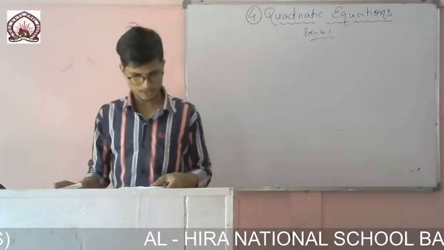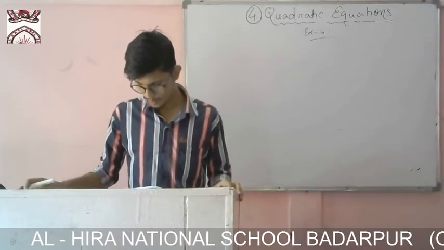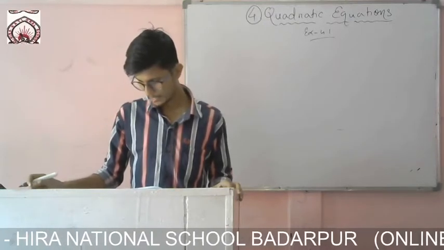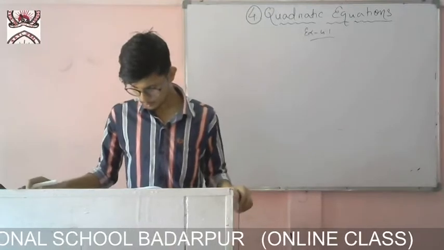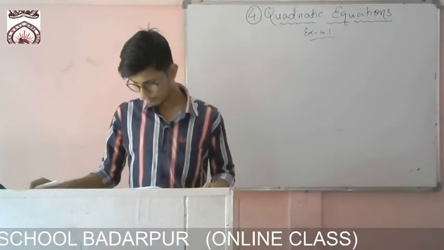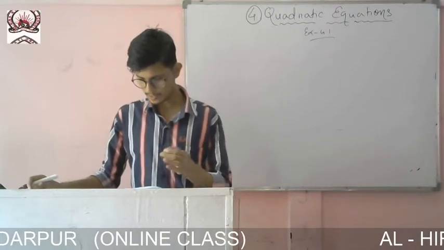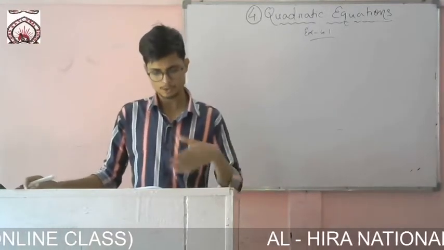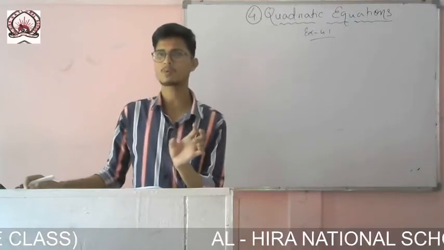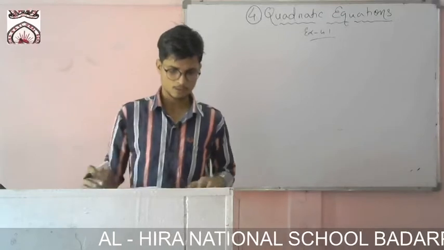You see the question. It is given that the area of a rectangular plot is 528 meter square. The length of the plot in meter is one more than twice its breadth. We need to find the length and the breadth of the plot. The question says to represent the following situation in the form of a quadratic equation. No need to solve, just find the quadratic equation.